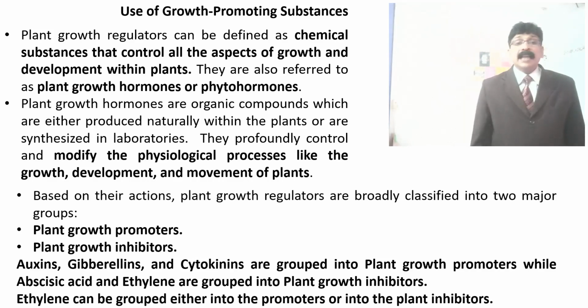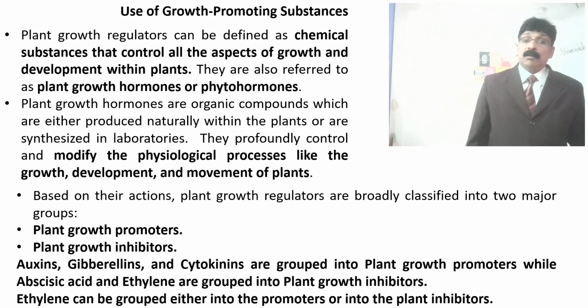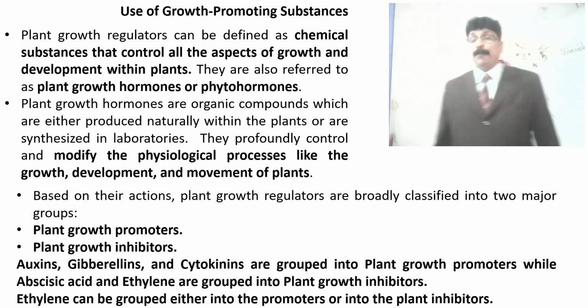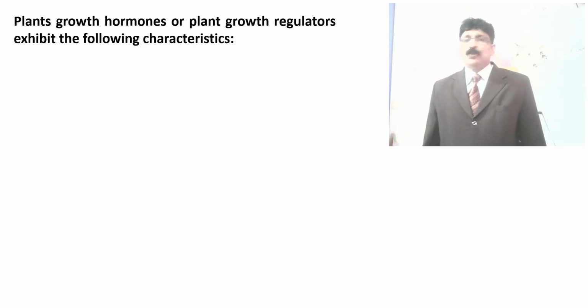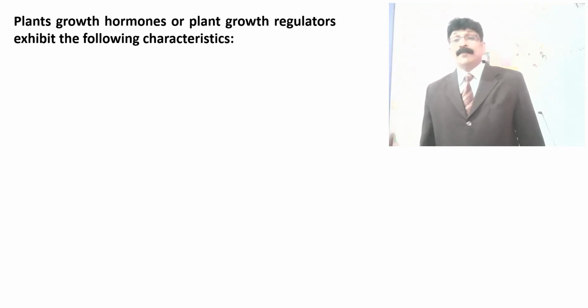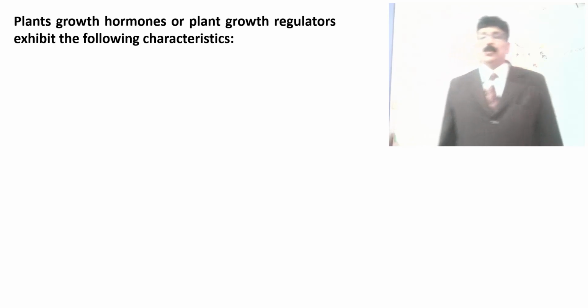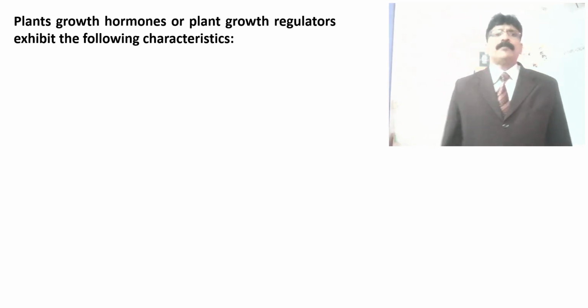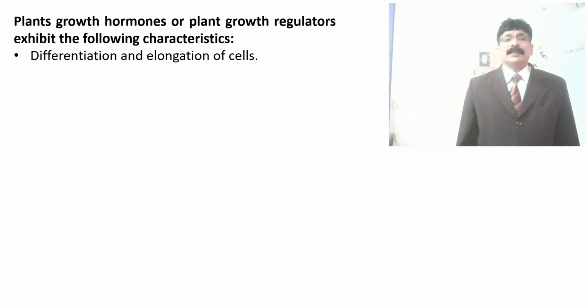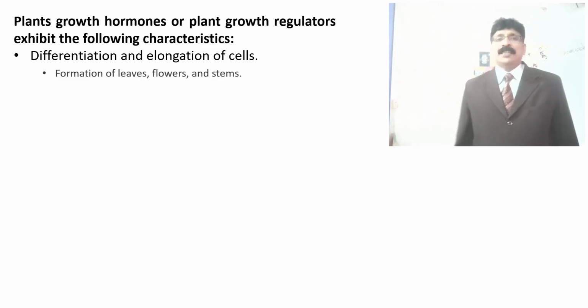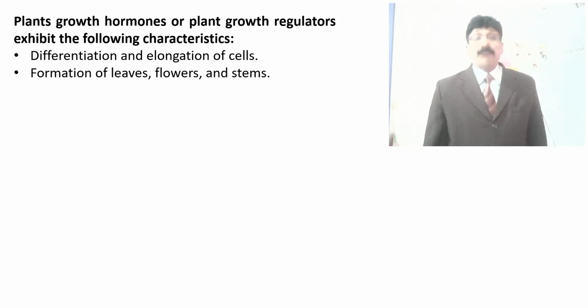Ethylene can be grouped either into the promoters or into the plant growth inhibitors. Ethylene has action in two ways, so we cannot specifically add ethylene to growth inhibitors or growth developers. Plant growth hormones or regulators exhibit the following characters: differentiation and elongation of cells, formation of leaves, flowers and stem,